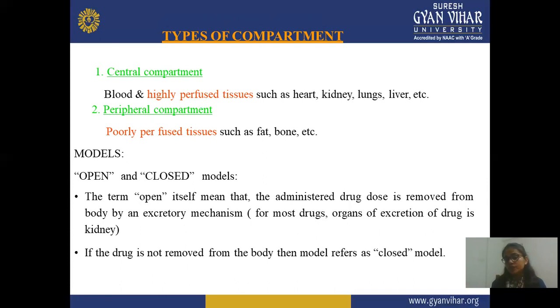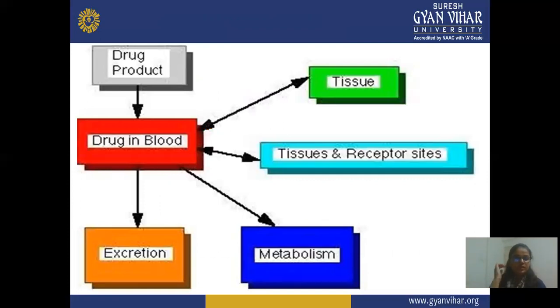Means if the administered drug is not removed from your body, then this is called a closed model. In this, drug product, drug in the blood and excretion form a flow chart, and this is how the pharmacokinetic parameters take place and what will show the effect. First is taking the drug, or this is the drug product. After taking this drug, it goes into your blood or your body. After reaching the blood, it gets excreted by different routes, or there may be different parameters observed after reaching your blood or body.